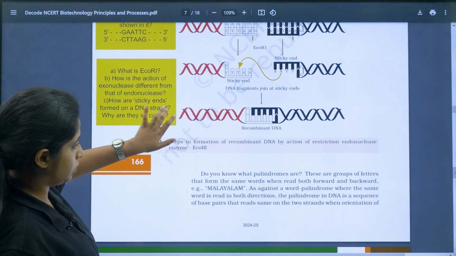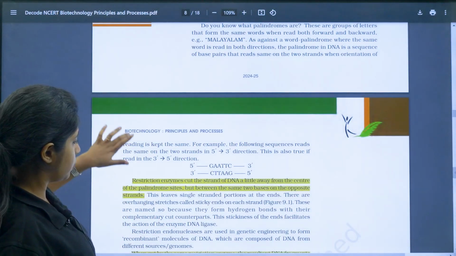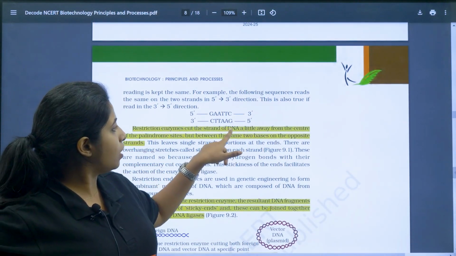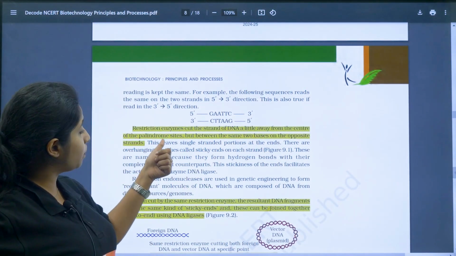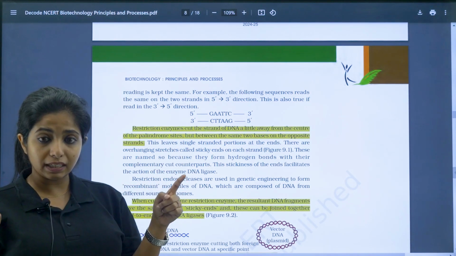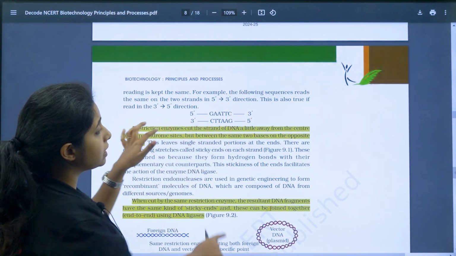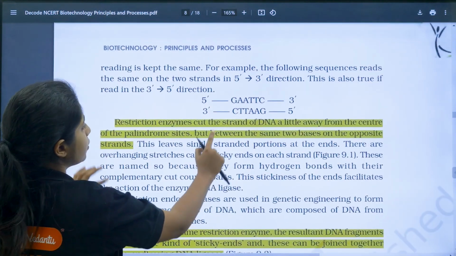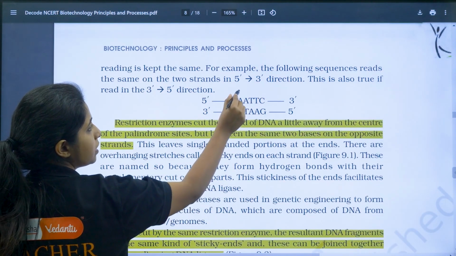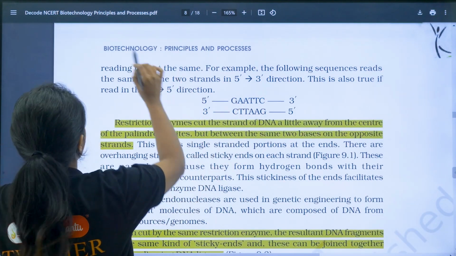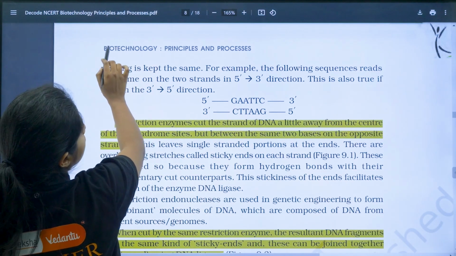So, yes, that is important. Restriction enzymes cut the strand of DNA a little away from the center of the palindromic site. The palindromic site is GAATTC. So, restriction enzymes cut the strand of DNA a little away from the center of the palindrome. They are going to make a cut over here, between G and A, and they are going to make a cut over